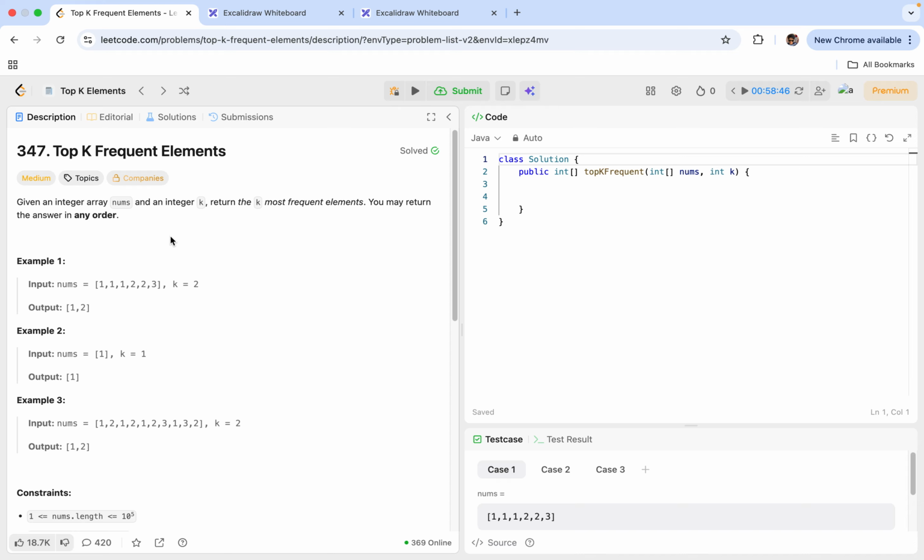Right. So what they're asking us to do is, they'll be giving us an array, and we have to find the top most frequent elements that are occurring in this array. For example, let's take example one, where we have nums as 1, 1, 1, 2, 2, 3, and then we have k as 2. What they're asking us to do is find the top two frequent elements that are occurring in